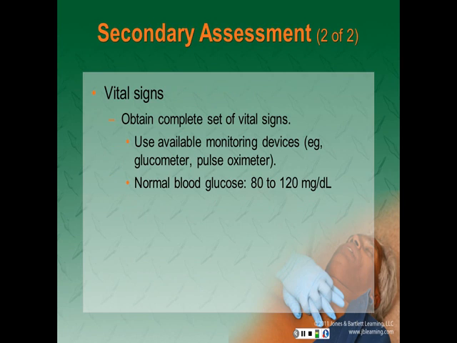Use a glucometer if available and protocols allow. Study the operator's manual for proper use in the field. Know the upper and lower ranges at which your glucometer functions. The normal adult blood glucose range is 80 to 120. You should also use a pulse oximeter to assess perfusion, and it can assist in identifying a degree of respiratory distress.